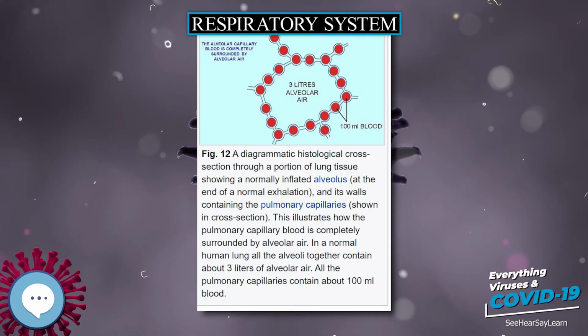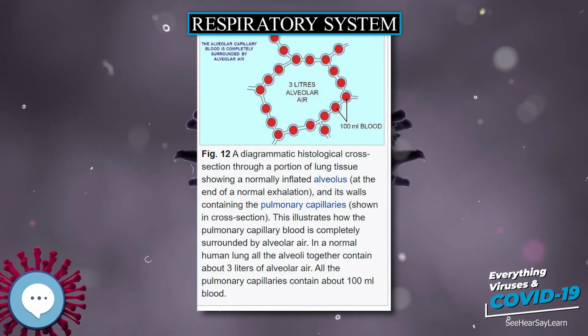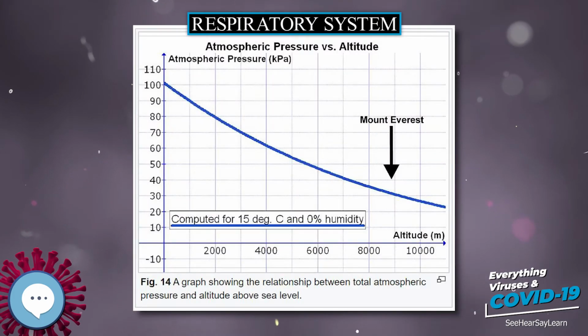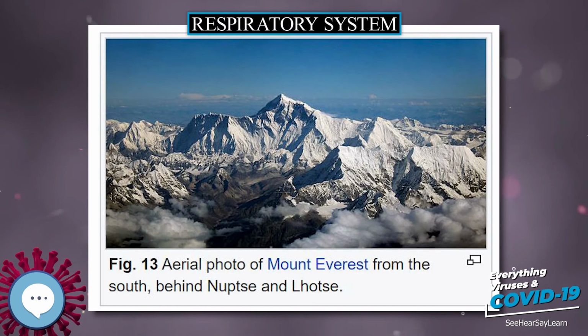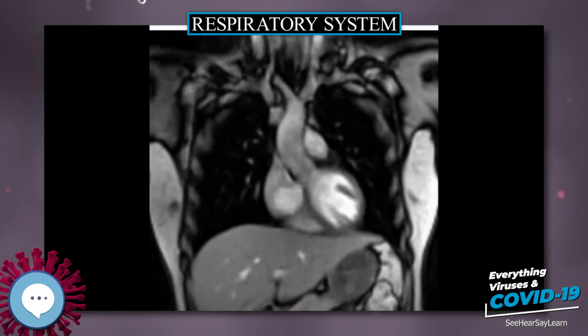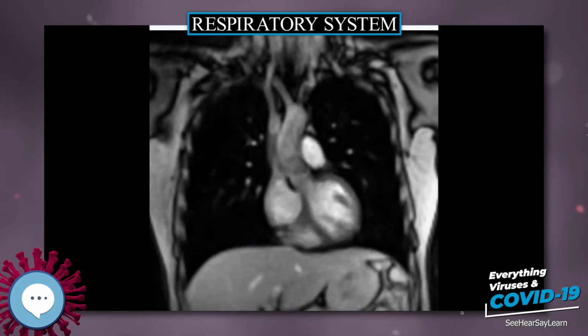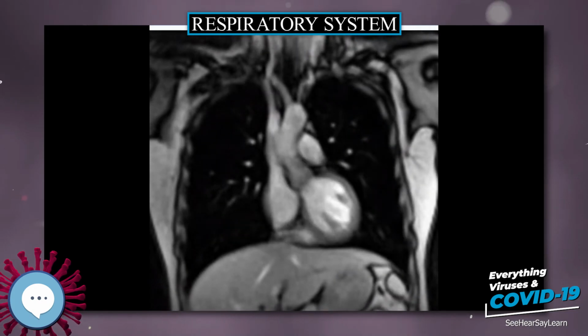Most of the carbon dioxide in the blood is carried as bicarbonate ions, HCO3-, in the plasma. However, the conversion of dissolved CO2 into HCO3- through the addition of water is too slow for the rate at which the blood circulates through the tissues on the one hand, and through alveolar capillaries on the other. The reaction is therefore catalyzed by carbonic anhydrase, an enzyme inside the red blood cells.